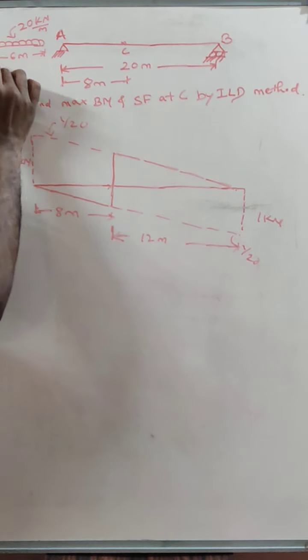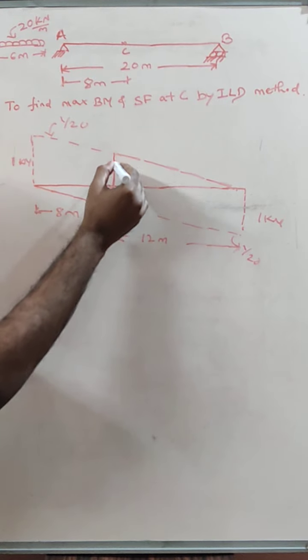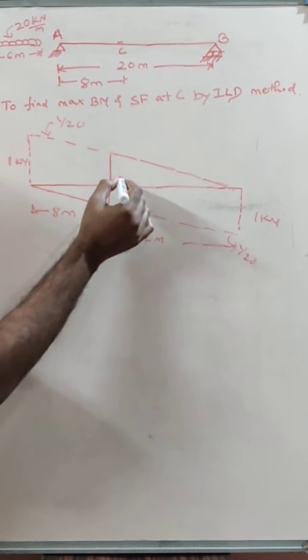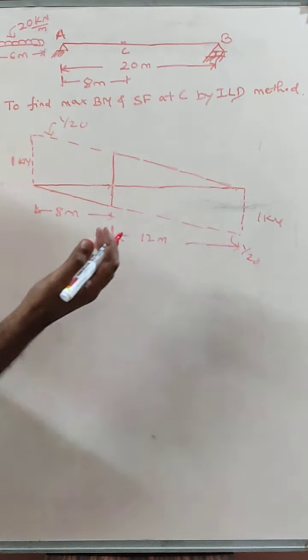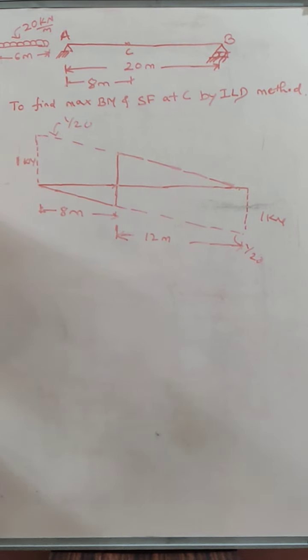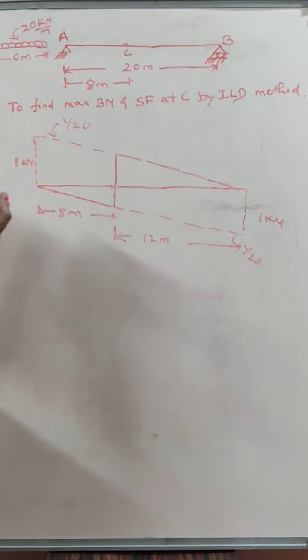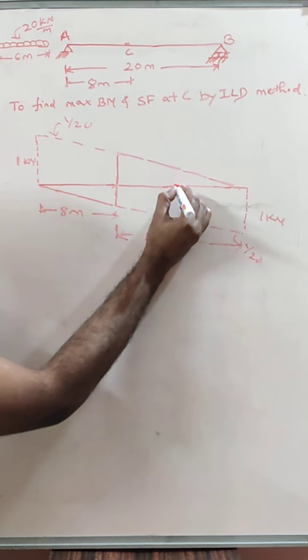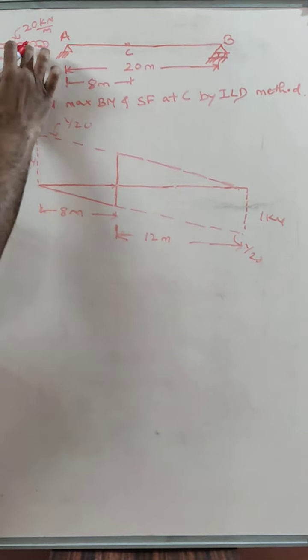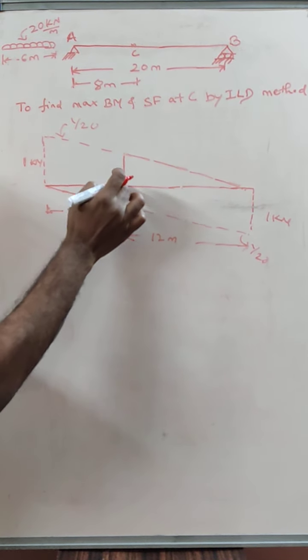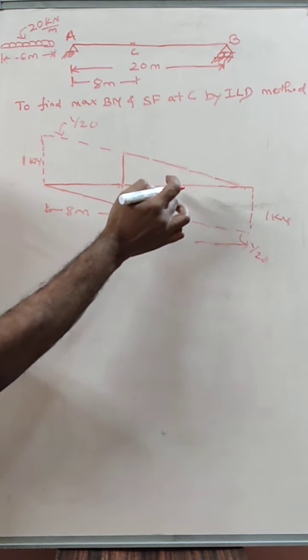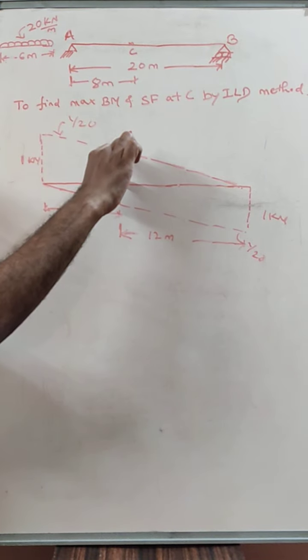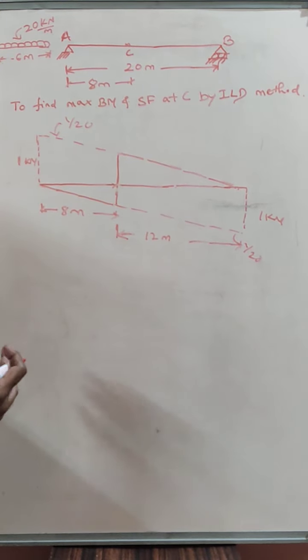That means when it is completely in the positive zone, we should utilize this ordinate, because this ordinate is important. Again, the formula for maximum shear force at C is similar to what we did in the case of bending moment, that is intensity into area under the load. So naturally we should see to it that when this load moves, it occupies this maximum ordinate, because we are considering area. For area, this is the maximum ordinate, so shear force will be maximum.